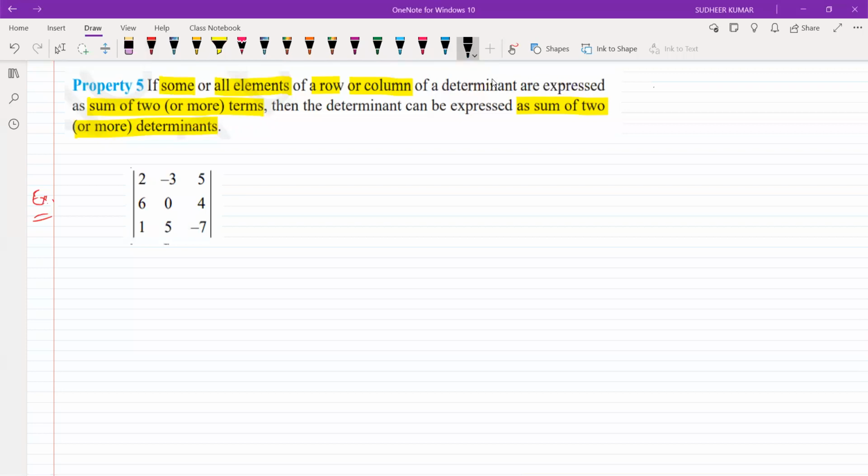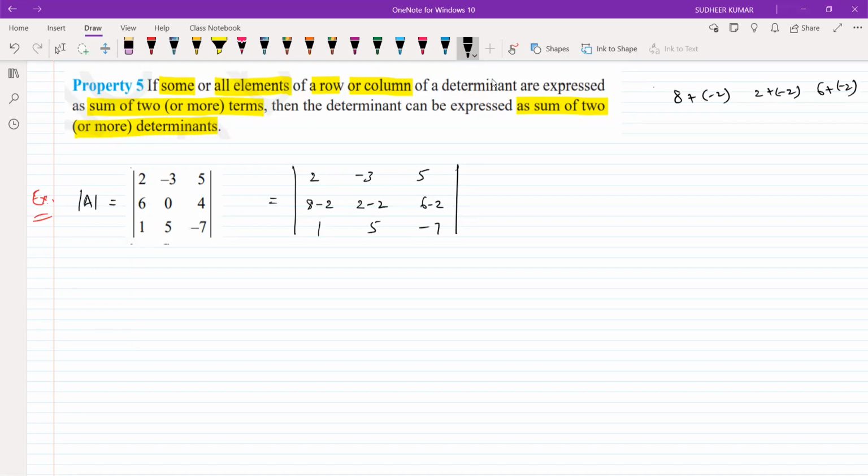Let us take this one as det A. Suppose you express this result as 2 minus 3 5, 8 minus 2 we can write 2 minus 2 and 6 minus 2, right? And the other one remains the same, 1 5 minus 7. Here 8 minus 2 means 8 plus of minus 2, 2 minus 2 is 2 plus of minus 2, and 6 minus 2 is 6 plus of minus 2. That's the meaning of it. So as per this property, we can write this as